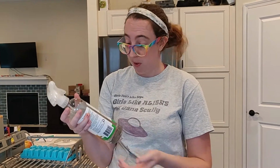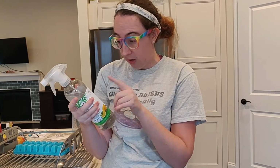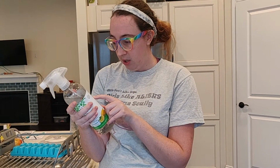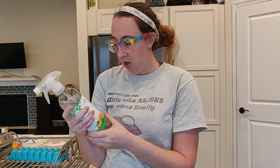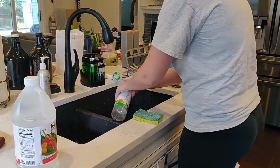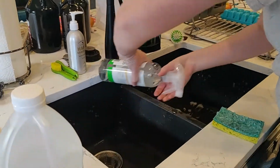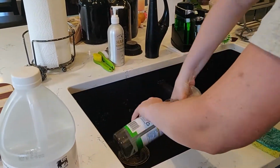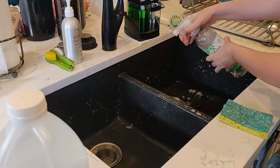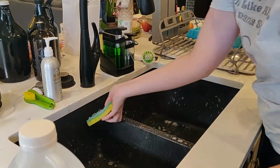I'm going to use an all-purpose cleaner. I'm just going to check, and usually on the bottle somewhere it says where I can't use it. So this one says test on painted surfaces before use, but since we're just doing the inside of a sink, no worries, I'm good. So all I'm going to do is spray all around the inside. Make sure you get up in the corners and down around the drains, because that's where you get a lot of gunk. All right, and all you're going to do is take a damp sponge